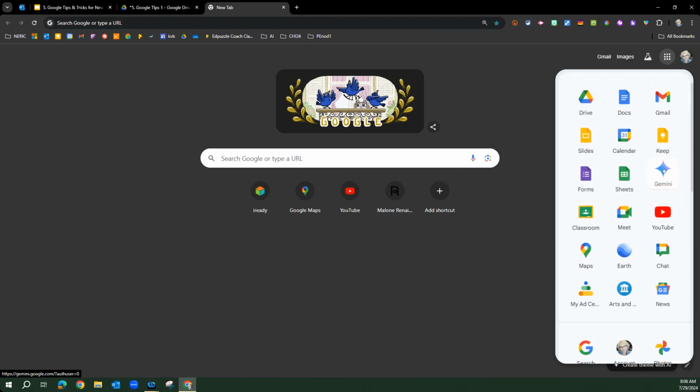You can move it around. So it makes a lot of sense to take the tools that you use the most and put them towards the top. You'll see that Drive is right at the top for me because that's my number one used tool that I use all the time. But if Mail is something you like, all you have to do is click and drag it around. That can get rid of some of the nonsense that you're not using all the time and move everything else